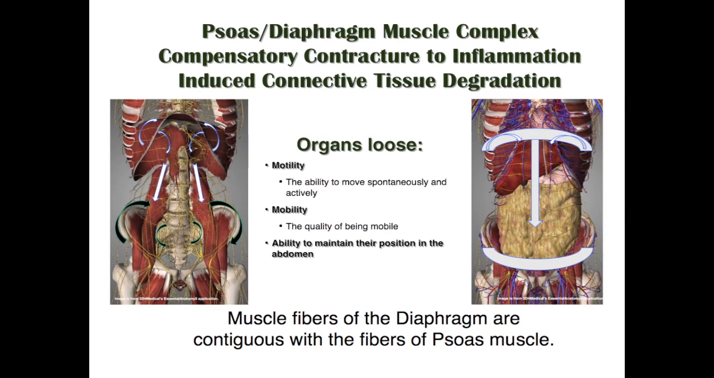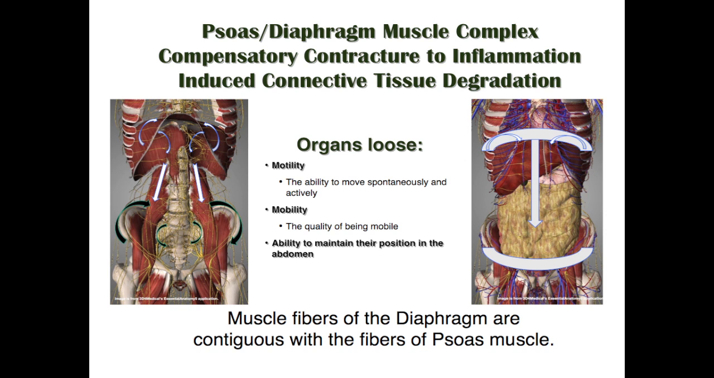Muscle fibers of the diaphragm are contiguous with the fibers of the psoas muscle. Anatomists cannot determine where the fibers of one ends and the other begins. However, many make guesstimates, which is then taught to healthcare providers. A compensatory contracture of the psoas diaphragmatic muscle complex occurs in response to inflammation-induced connective tissue degradation of the sacroiliac